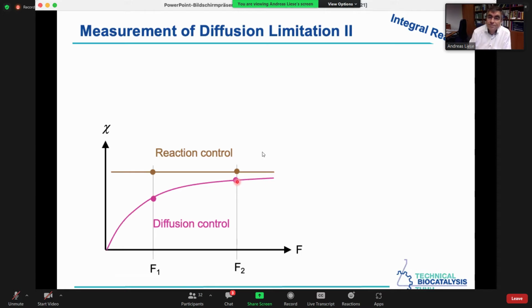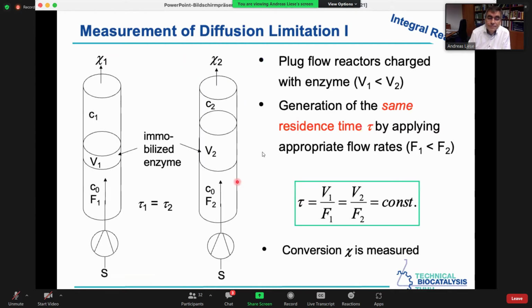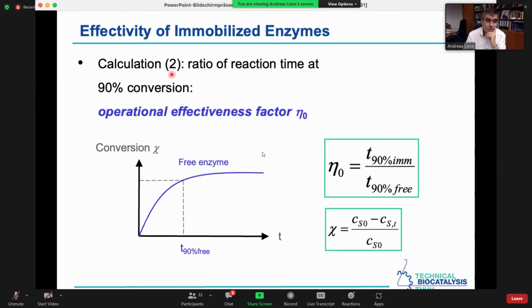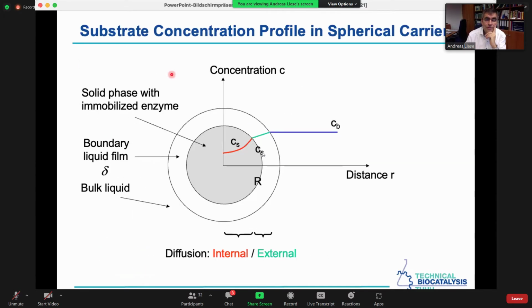Why is this? If we have the same residence time, which under ideal conditions delivers the same conversion, this will be changed if we have diffusion limitation. Now, just going back here,